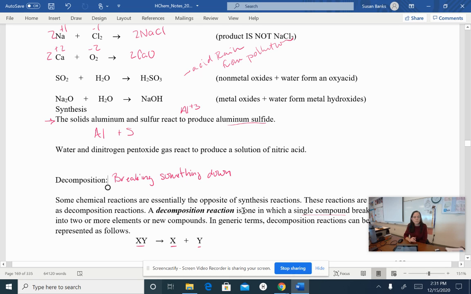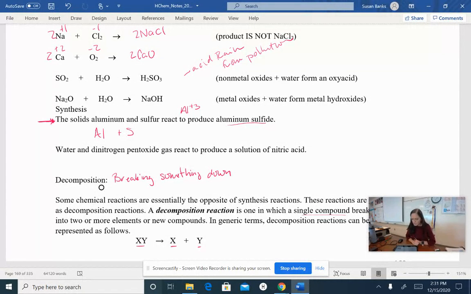All right, guys. So today we are going to learn how to predict products of equations. So we're going to start in the synthesis section of reaction types. And I think I did a couple of these for you last time, but it's not going to hurt to do them again. So I'm going to start right here where we have the solids of aluminum and sulfur reacting